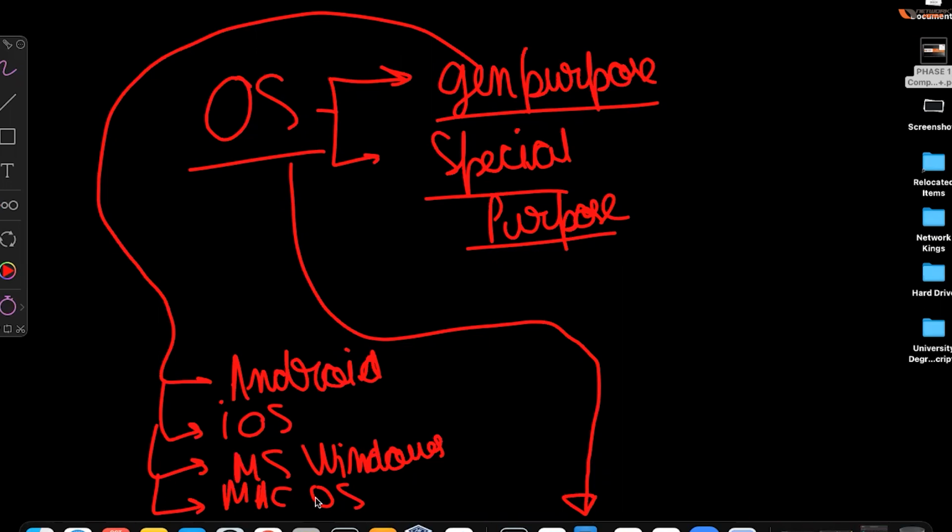ठीक है ना? A lot of students these days are learning Raspbian because आप उसके through programming कर सकते हो, आप उसके ऊपर ESXi भी setup कर सकते हो, आप उसके ऊपर hardware hacking सीख सकते हो, right? You can learn programming with Raspbian. So Raspbian एक बीच में आता है. So like not a lot of people would go for Raspbian, right, Vishal? So it's an operating system and I would consider it to be a special purpose operating system.